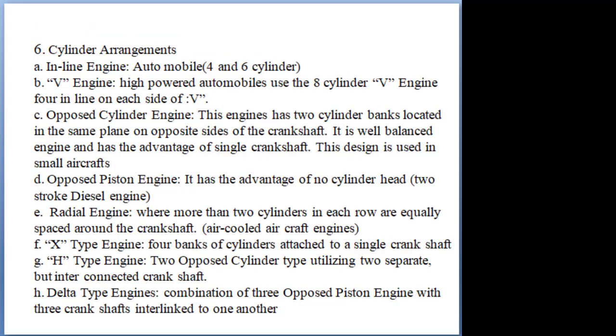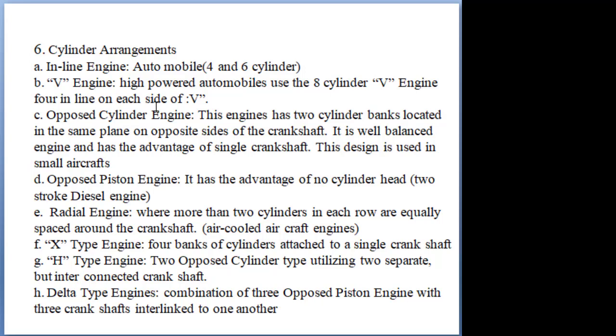Based on cylinder arrangement: inline, a single line arrangement; small cars we maintain with inline engines. Heavy engines use V shape: two inline engines with an angle of inclination, with a single crankshaft, that is called a V engine. Opposite cylinder engine: cylinders are opposite, same single crankshaft. Opposite head engine means the same single head we are using but two crankshafts.